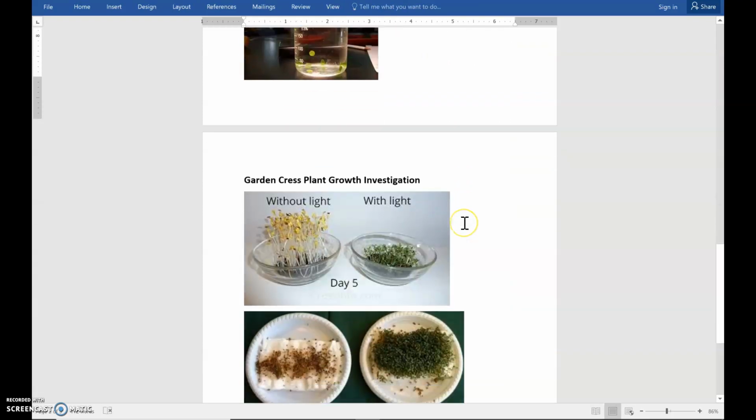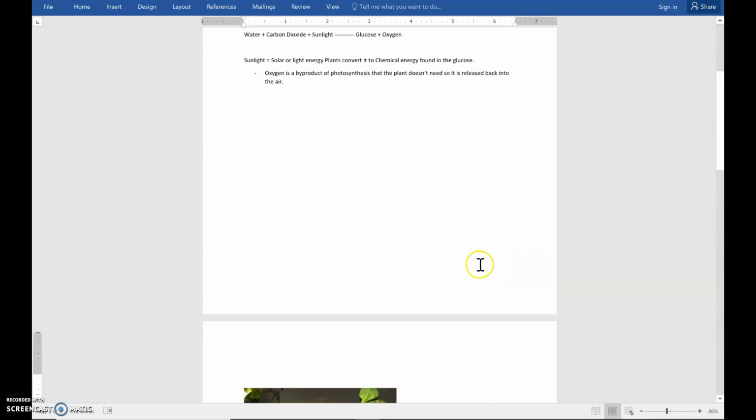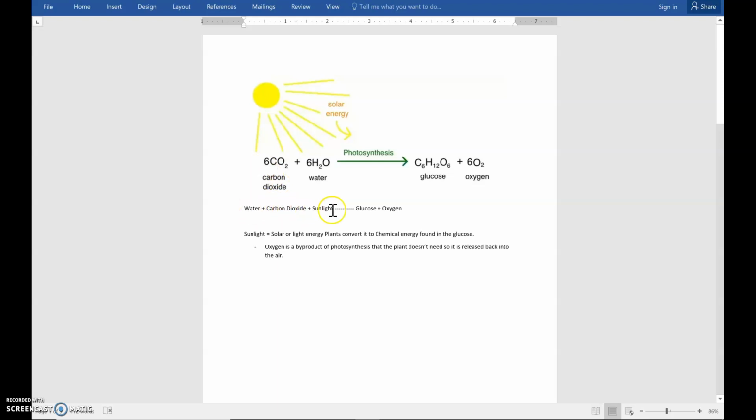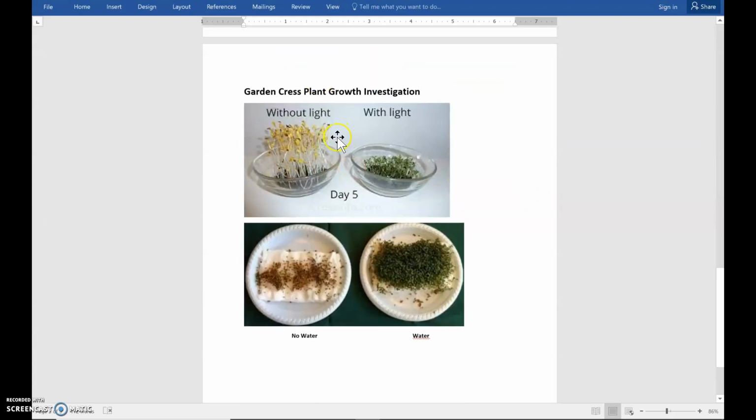The other lab that we did was the garden cress lab, where we had 2 cups. You got 2 cups as a partnership. One, you gave all the 3 things that we need for plants to photosynthesize. So you gave it water, carbon dioxide, and sunlight. All 3 of those things you gave it so it could photosynthesize. Then the other cup, you decided to take one away. Either you took away water, carbon dioxide, or sunlight. And in the end, after 5 days of observing these, we got some varied results, but the ones that worked,